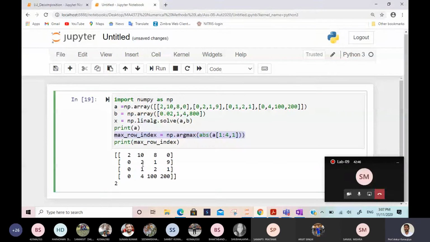If you are in the first column, this is the column number 0, this is the column number 1. If you do like this, then you have to add 1 here. That column number you have to add, so that it will give the correct answer, because you are skipping 1 entry above. Now it is fine. So just try to understand this line. If anyone has a doubt, take your time and tell me, because this same line I will write, and another line I will write to interchange the row. These 2 lines I will add. That means partial pivoting is done. Only these 2 lines I have to add in our code.